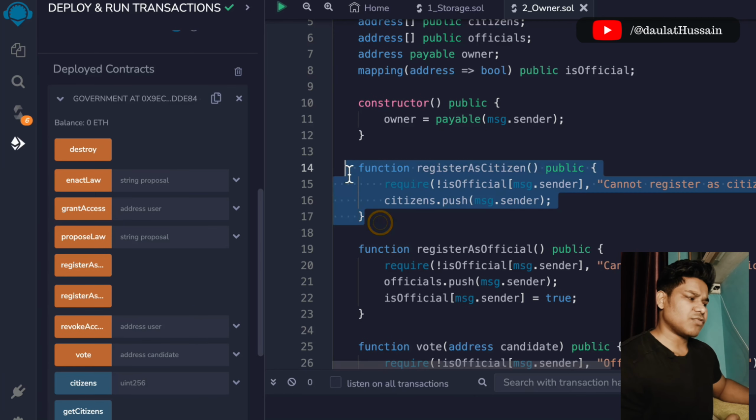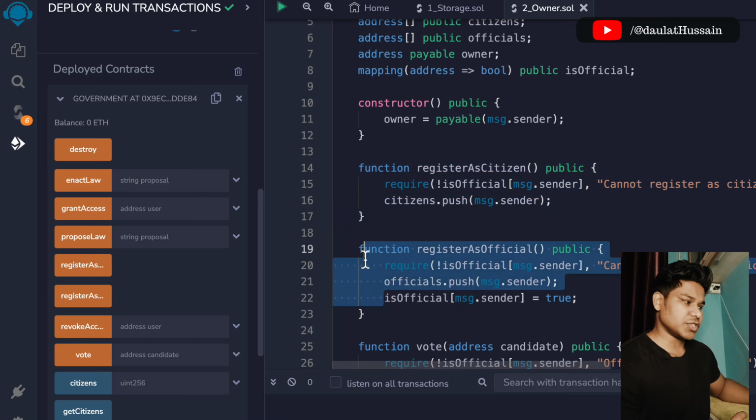So this is the function we have for the registration for the citizen. You can see this is the function, and this is the function we have for the officials. Right now we are not passing any data into this, so I want you to write the logic. Okay, write the logic. In that you have to take the information about the users, like their ID, their addresses,